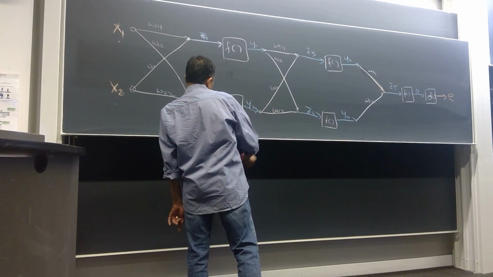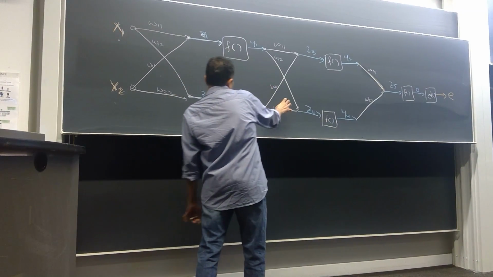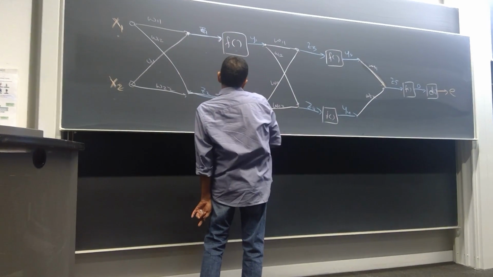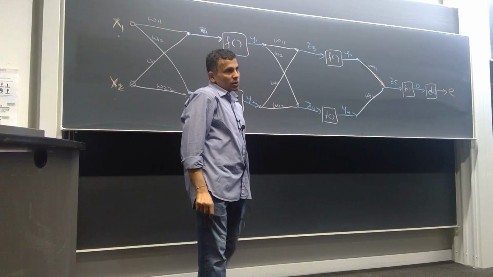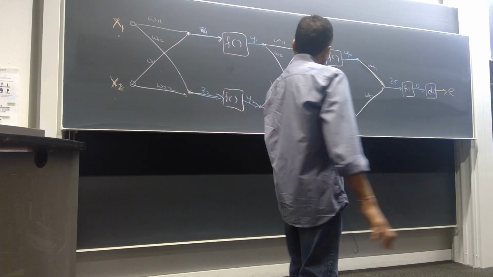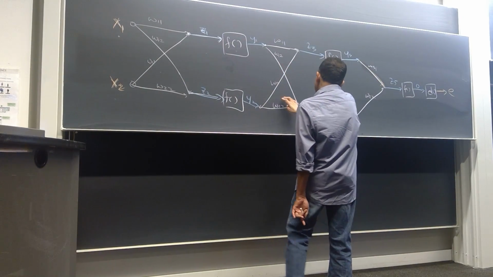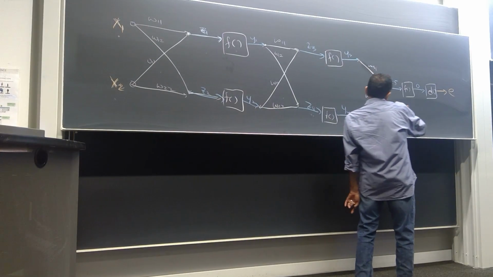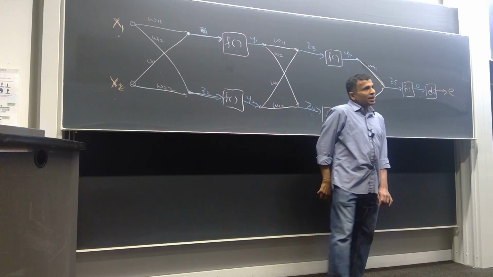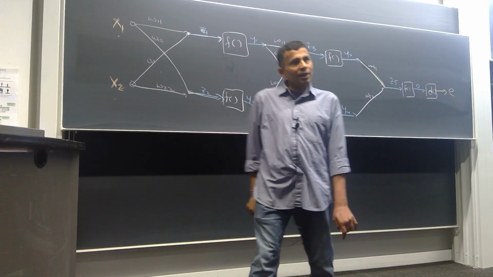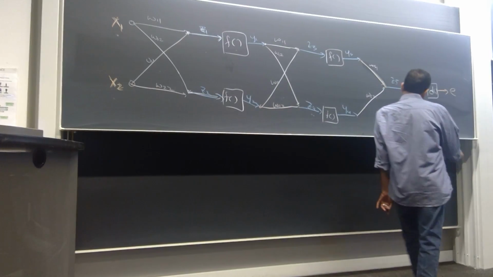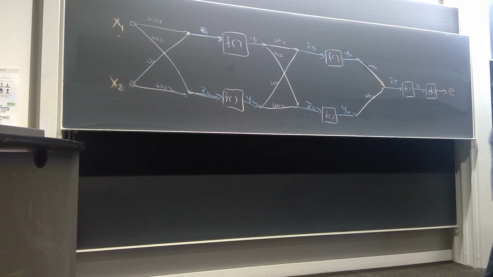Trying to make them all unique. I'm assuming that the weights here are the same as the weights here, just different unions. But these are going to be processed by some activation function to give you the y's. Those y's are going to be combined to z's using some additional weights. They are processed again to give you more y's. These are combined using some weights. That's processed using another activation function. And finally, this d over here actually computes